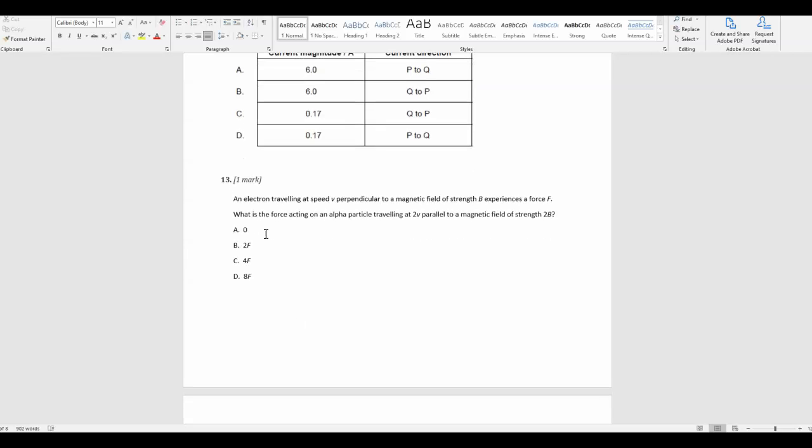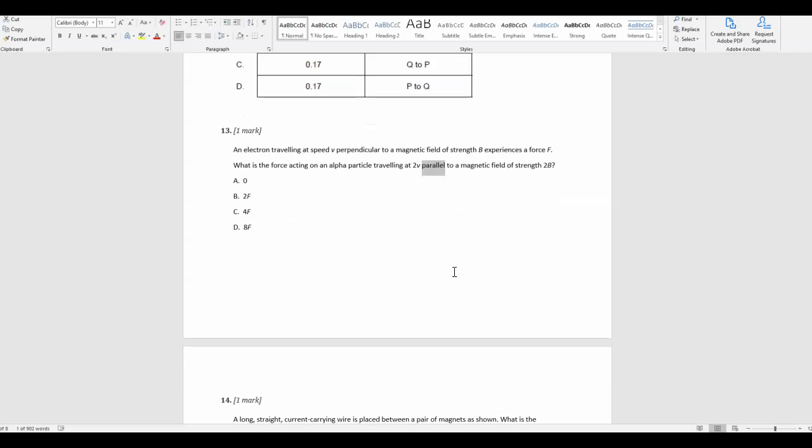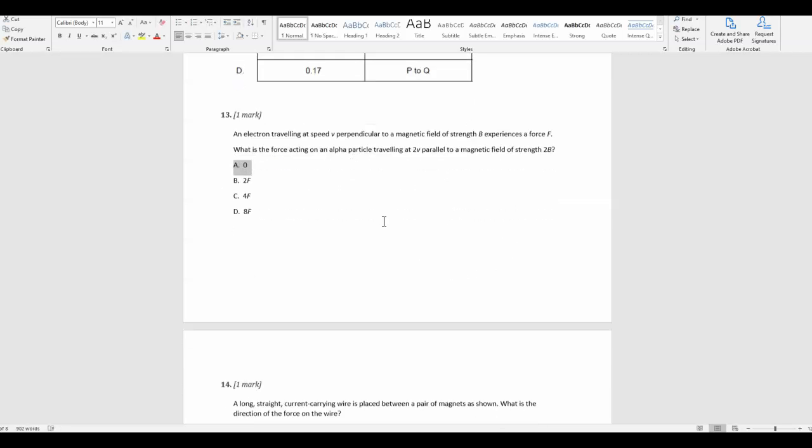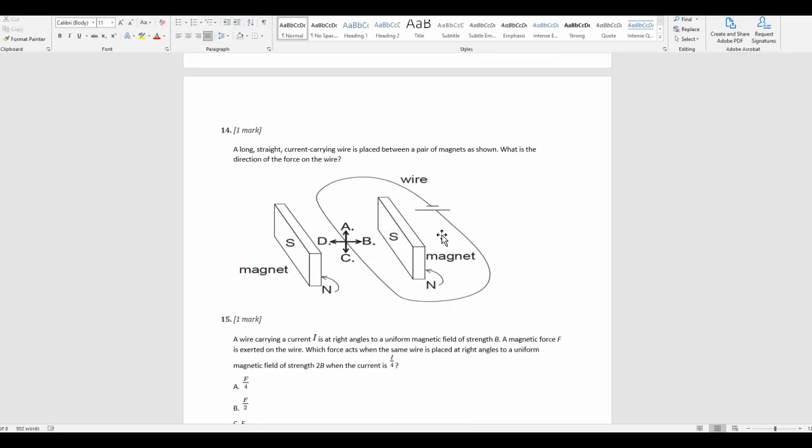Okay, question 13. We had this as a warm-up question. The answer is A because the particle is traveling parallel to the magnetic field, so magnetic force is automatically 0. Question 14,